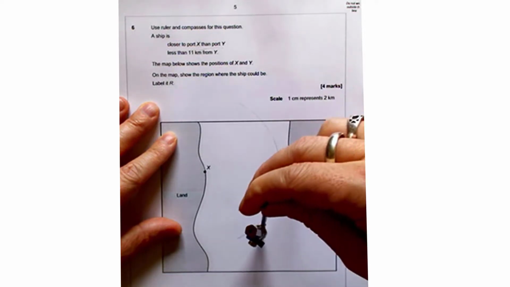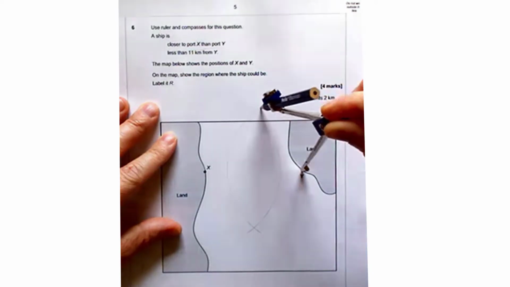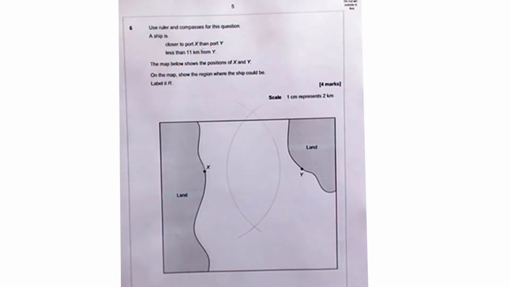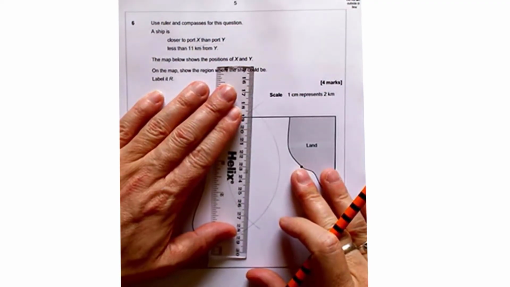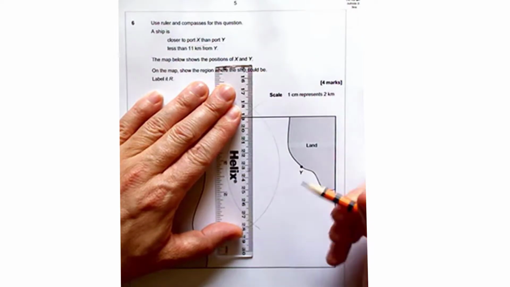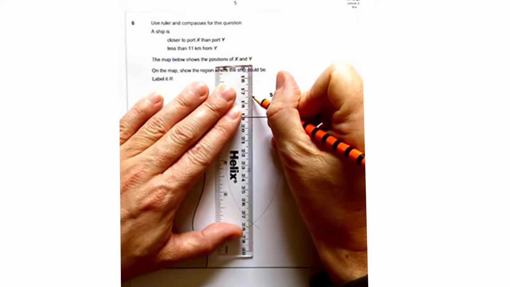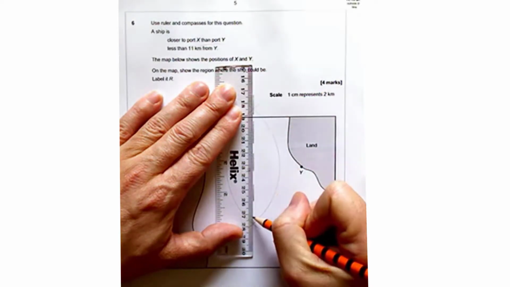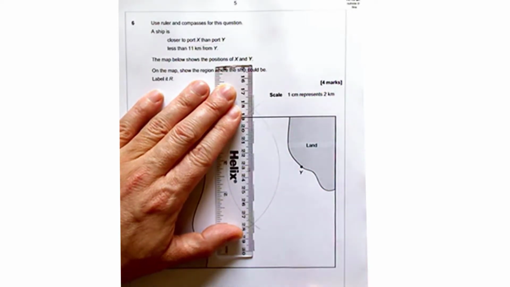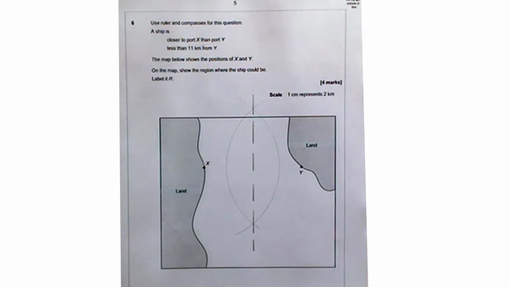And you should notice that these 2 arcs cross at 2 points. So with our ruler, we're going to line up our ruler with those 2 points of intersection and draw on our perpendicular bisector. Now all the points on this line are the same distance from X as they are from Y. So we're looking for the points to the left of that line then, so that they're close to X